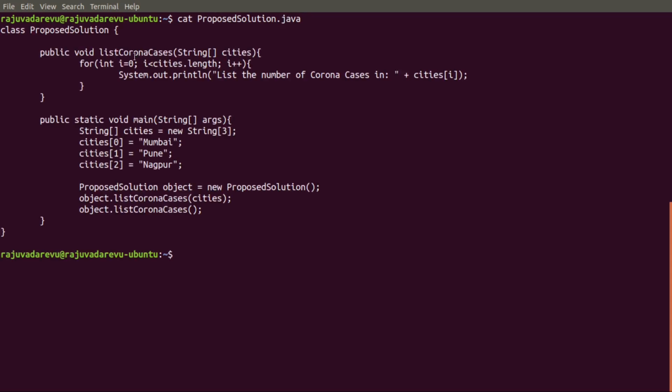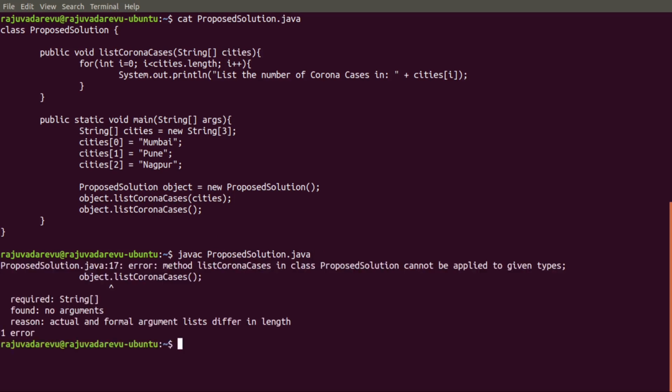We are trying to call this method without passing any arguments using the object reference. Okay, let me compile this code, and guys, we are getting a compile time error here. Forget about all the dynamic solution and smart solution. You are back to square one. Forget about square one. You are back to square zero. Your functionality is not providing details even for one single city.